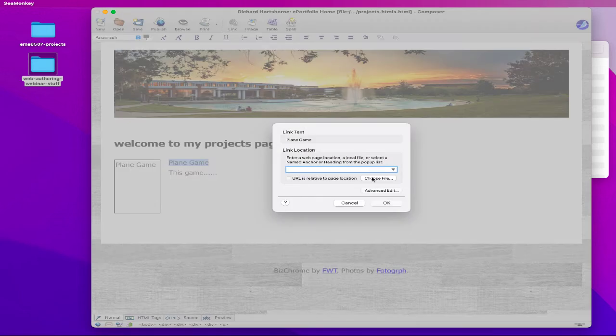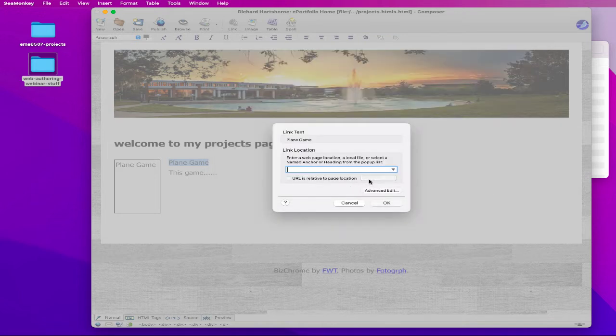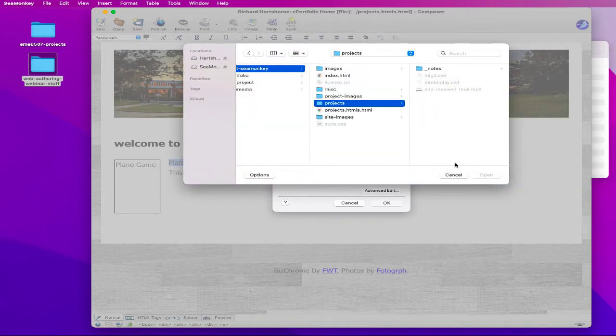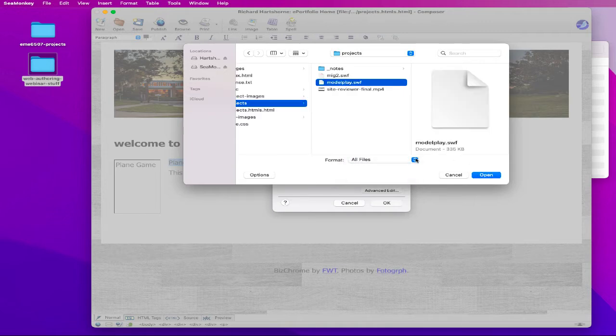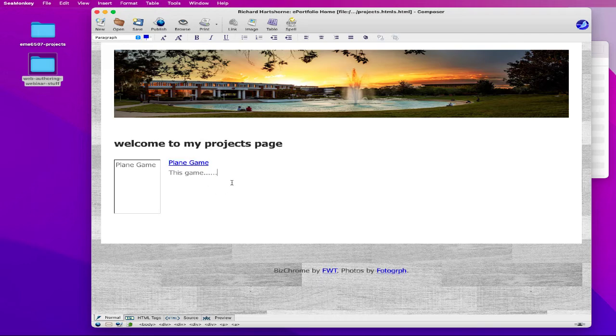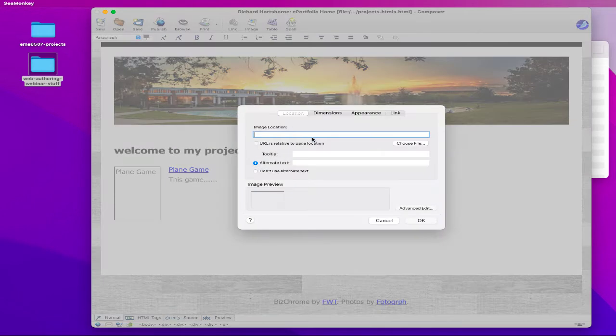Link, choose file, projects. There we go. I don't know why HTML files were selected, but there we go. And then I'm going to hit enter a few times and then go down here, hit image, and I'm going